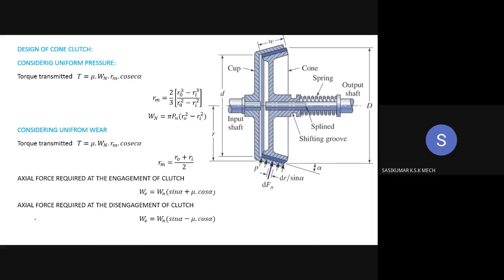So this is some introduction of your cone clutch. Okay, so you have this cone shaped friction material, and you have the counterpart material, and you have friction materials attached onto the minimum length of your cone. So here the friction surface will not be here. You have friction surfaces only on the two ends. So with the lesser frictional surface, you may have a higher amount of torque transmitted. That is the main purpose of this cone clutch.